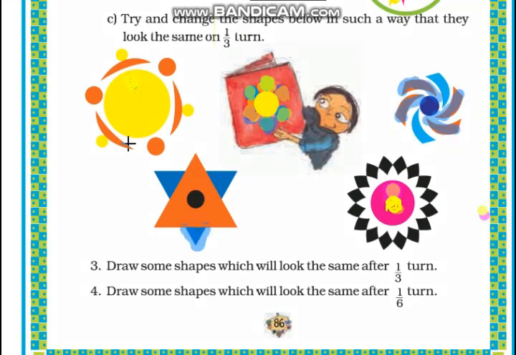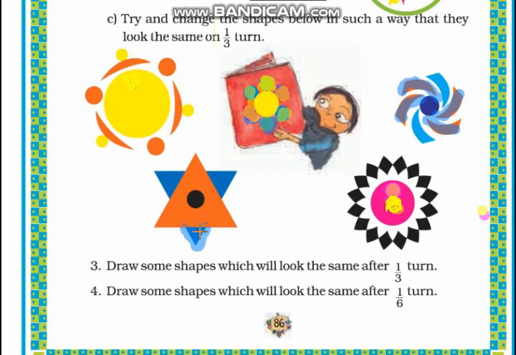So let's do it. So children, here you have to delete the blue dot which was here. I have deleted it here. So you delete and draw again and color this shape in your notebook. And here you have to fill all the dots either with blue, or with pink, or with green color, so that they look the same on one-third turn. That means the shape will look the same on one-third turn. Then here you have to fill the same color in all the blades. So either you can color all the blades with blue color, or you can fill all the blades with orange color.